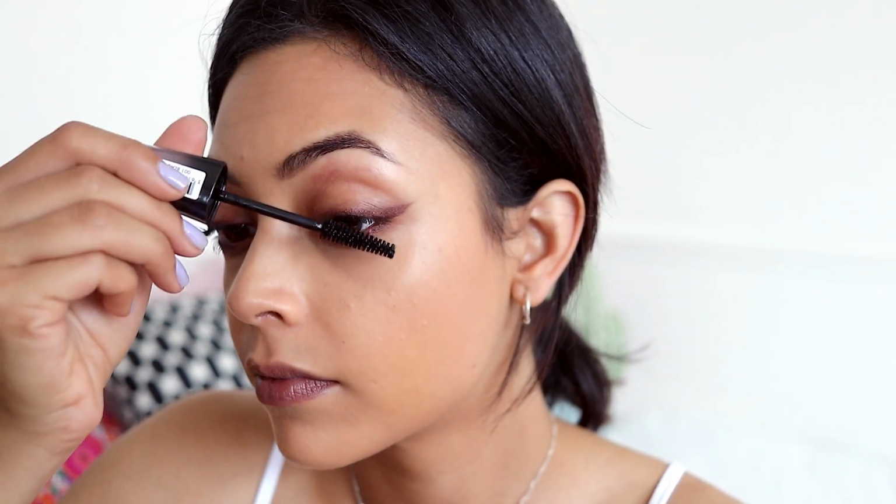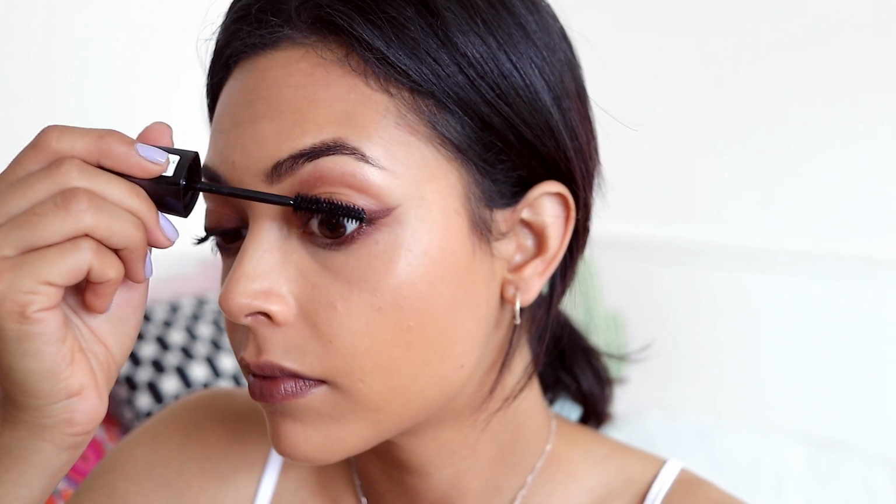Oh, I always forget about mascara, so I'm going to go ahead and use this Rimmel Volume Colorist. Mascara done. I'm going to set the under eyes just a little bit, and I'm going to take this NYX